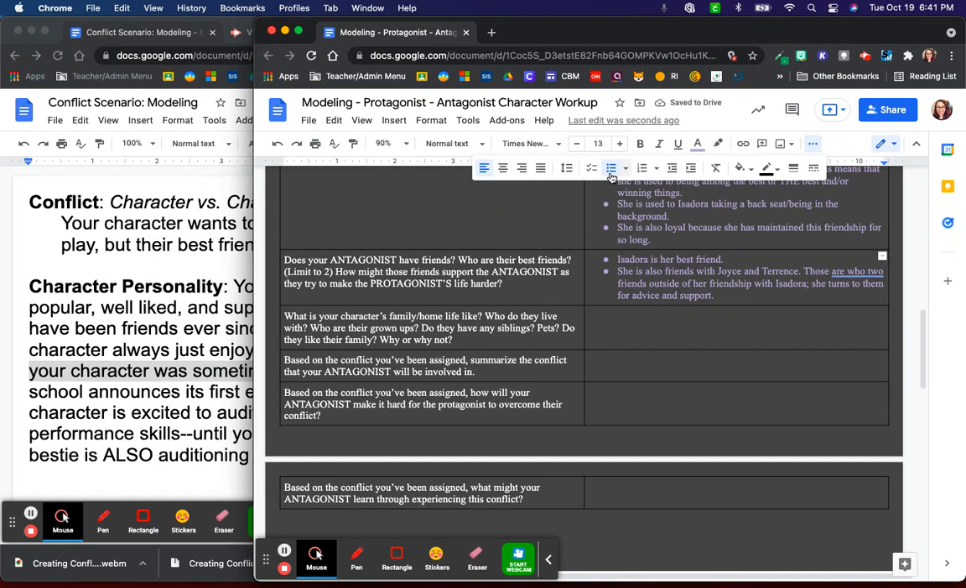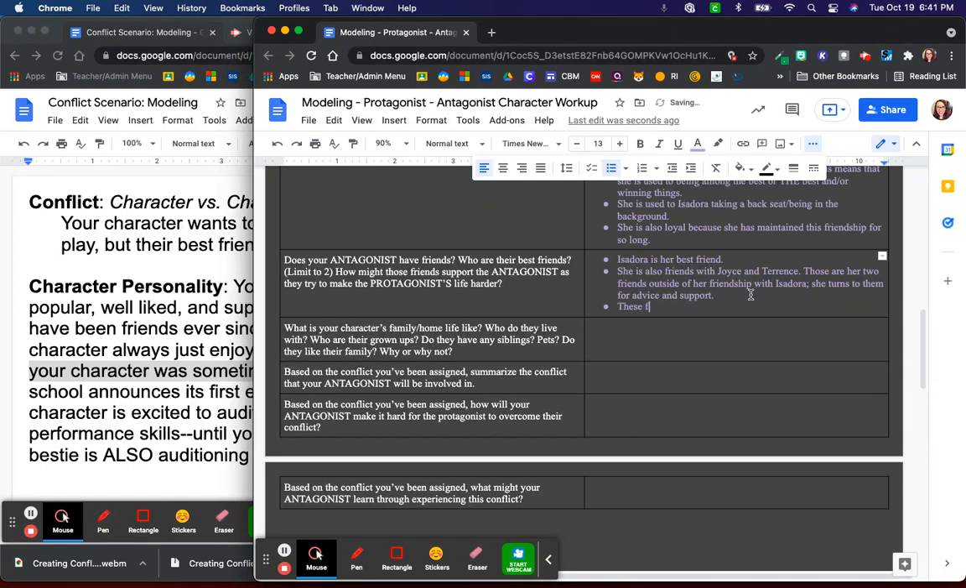How might those friends support the antagonist as they try to make the protagonist's life harder? Well, remember that the antagonist is not necessarily a mean reason for them to make their life harder, right? They have two competing goals. So, Emma, it's not that she wants Isadora to lose, it's just that she also wants the same thing. So when we think about this idea of what she wants and how they might make the protagonist's life harder, we